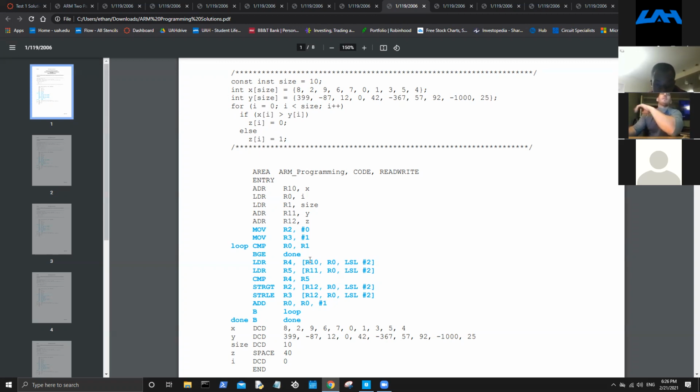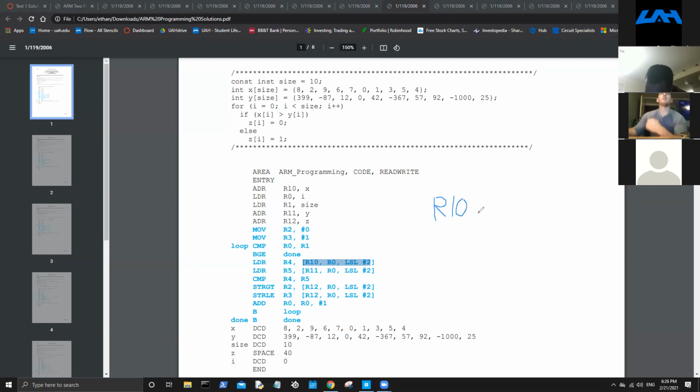So here's what we do. R10 is X. So the first thing it does, I'm going to pull out my annotation to show this because I have to write this out. It's probably better. Let me lower my DPI. All right. So this operation R10, R0, LSL1 is functionally the same as